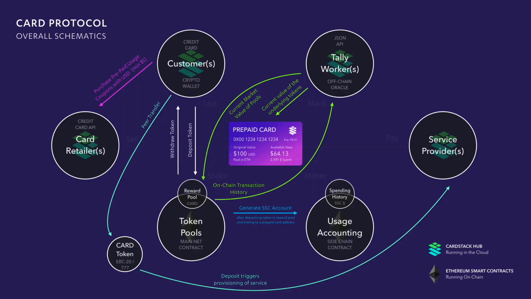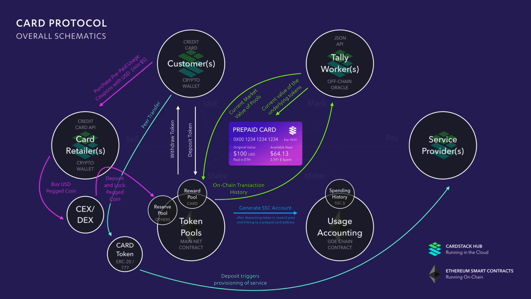What happens afterwards is what the people in the Ethereum space or broader ecosystem call decentralized finance. We're trying to do some finance-looking thing, but in a way that is not specific to a particular ecosystem. This can be done in any type of backend or service that they use. So the retailer receives either in cash or through a credit card API $5 from a customer. So now I need to get that $5 into the token pool.